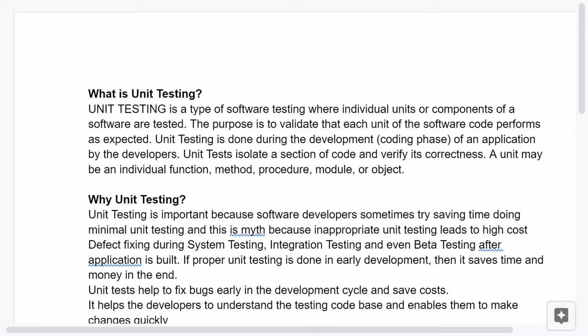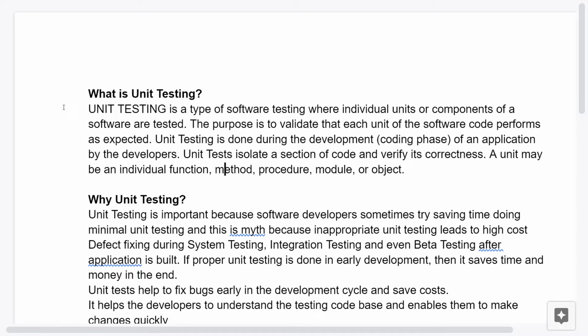Hello everyone. Today we are going to learn what unit testing is and how we can give the answer to the interviewer. What is unit testing? If the interviewer asks you, "What is unit testing?" you can give a simple answer like: unit testing is a type of software testing, and unit testing is done by